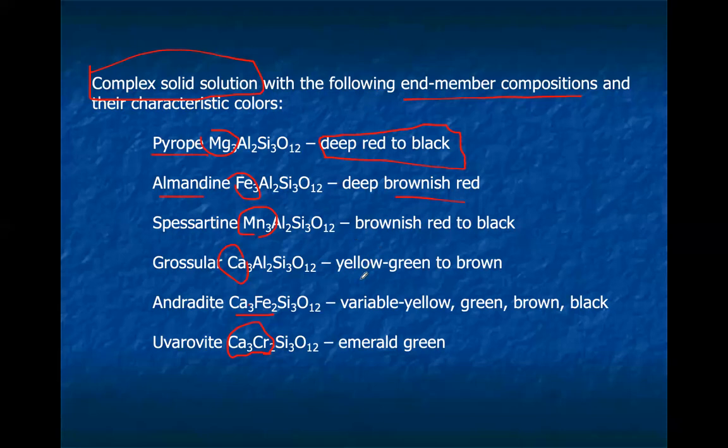Grossular has yellow green varieties too, but the brownish varieties are more common in grossular. Andradite has variable shades of colors, and uvarovite is mostly greenish, emerald green. Okay, right. So all depend on their chemistry